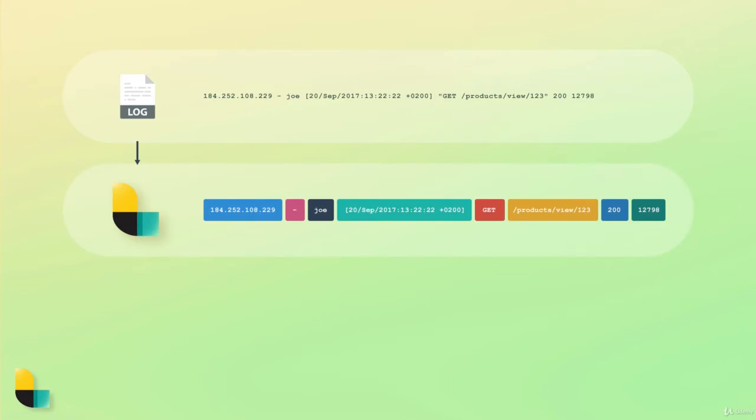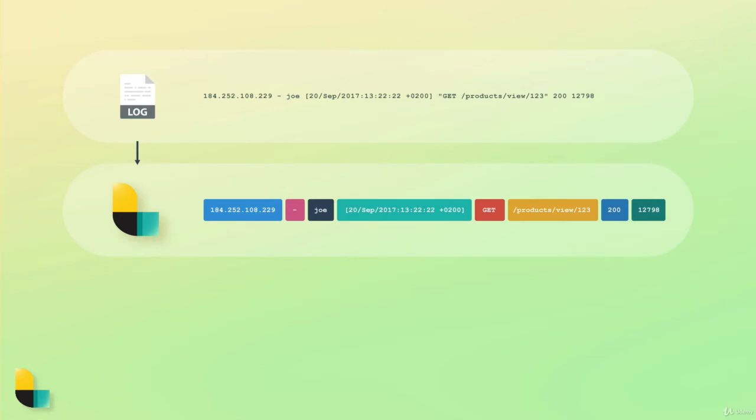A line from an access log file contains various pieces of information, but Logstash just receives the line as a text string, so we need to parse this string to make sense of it. In other words, we need to structure this piece of unstructured data. What we can do is to write a so-called grok pattern, which is basically like a regular expression, to match pieces of text and store that within fields. This means that we can have a field for the status code, one for the request path, another for the IP address, and so on.